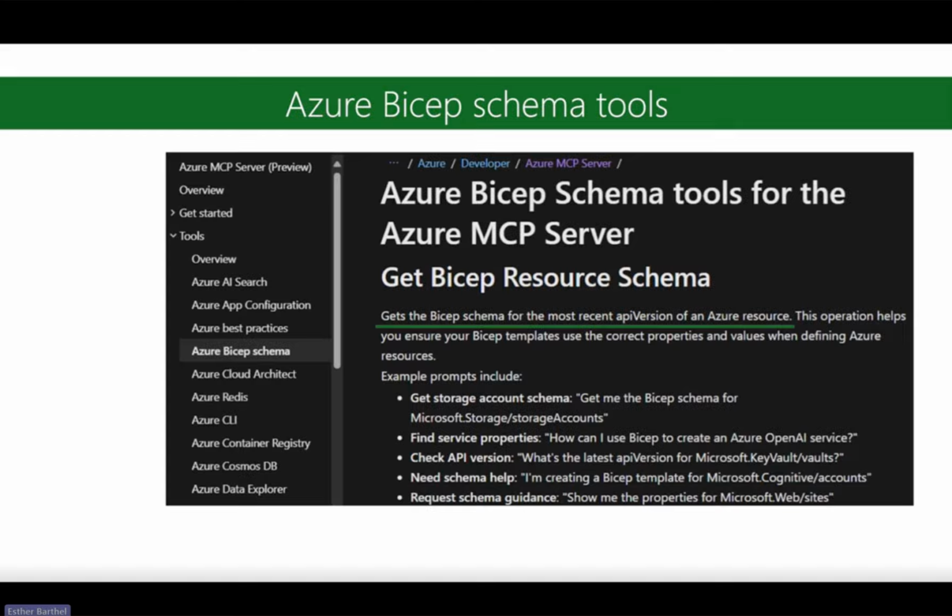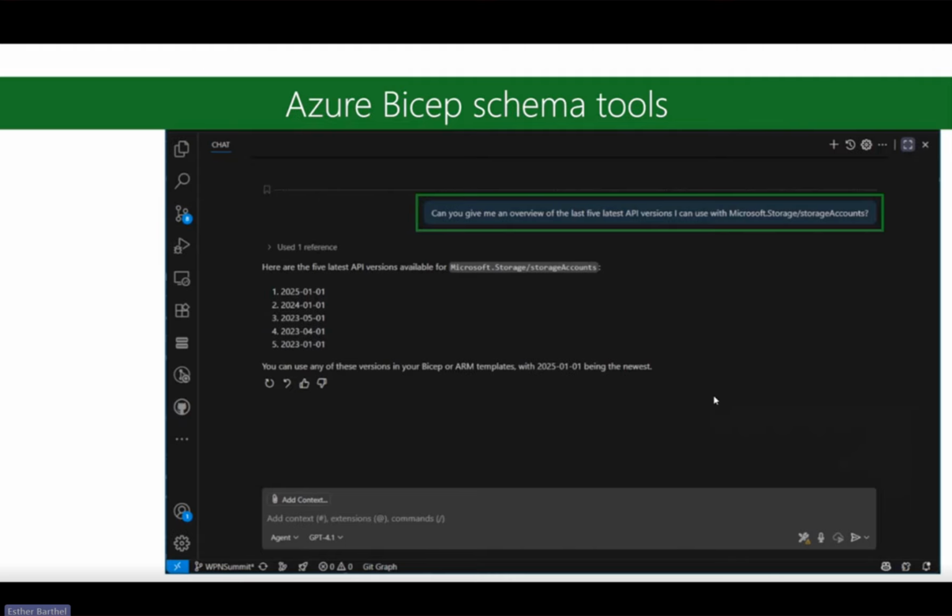So that ensures that any code that is created or generated by the agent is checked against the Bicep schema. So I thought that was pretty cool.